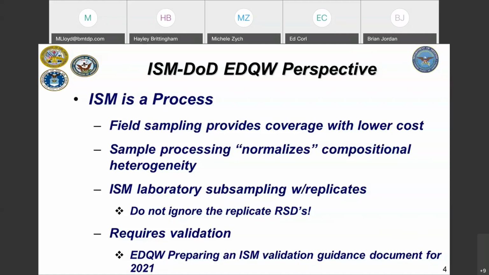Clausen and others, these folks spent years understanding the behavior of explosive residues, the fibers, and the appropriate sample processing that's needed for explosives in method 8330B. And they did that with a very thorough validation. So what we are planning, the EDQW is planning, is a validation guide for incremental sampling this year. And we hope that this guide will assist project teams and also laboratories with some of the appropriate considerations for incremental sampling validation for constituents other than explosives.